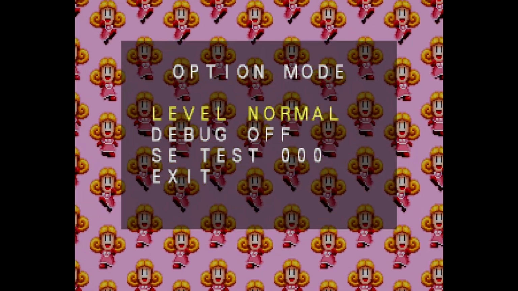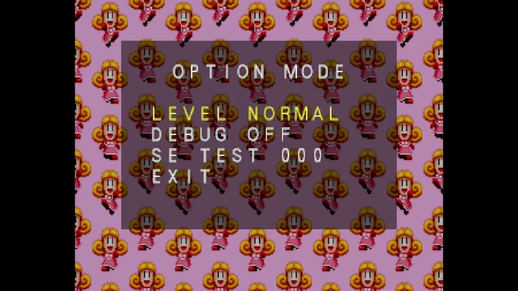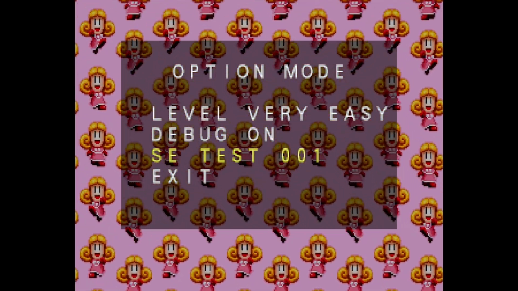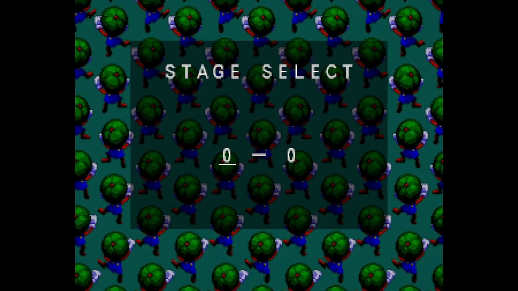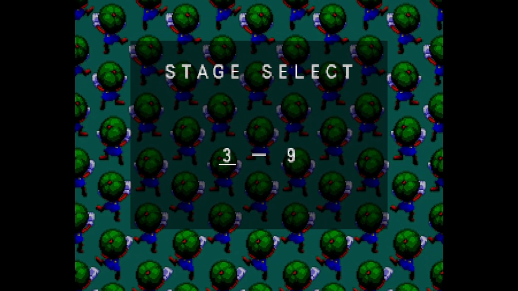If you hold down 3 buttons and hit start when the Treasure logo is animating on the screen at the beginning of the game, you will get into an option mode that is not accessible from the main menu. You can change the difficulty, and if you turn debug on, you're going to get a full level select. That's going to let you navigate around this entire game, check out all the levels that you couldn't play on the demo disc before, and basically just see what's going on. And as soon as you hit game start here, you'll be brought to a new menu where you can select every single stage and sub-stage within the Silhouette Mirage game itself, which is awesome because this demo disc previously would